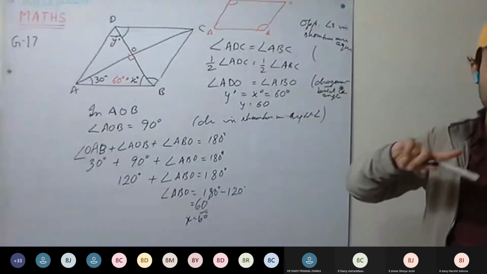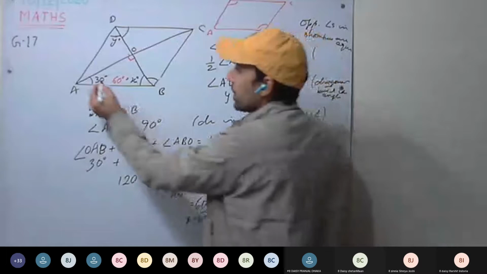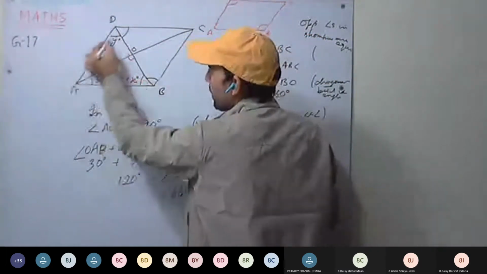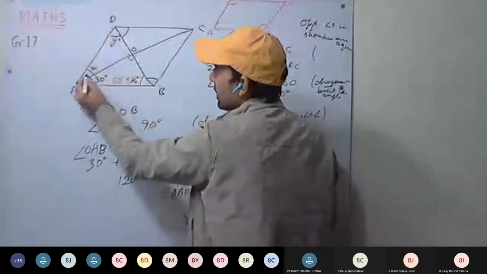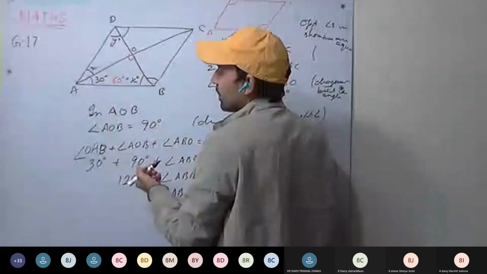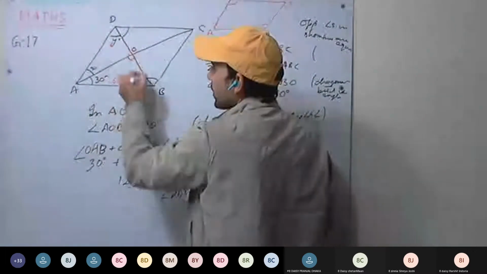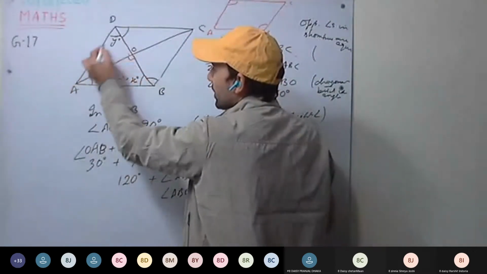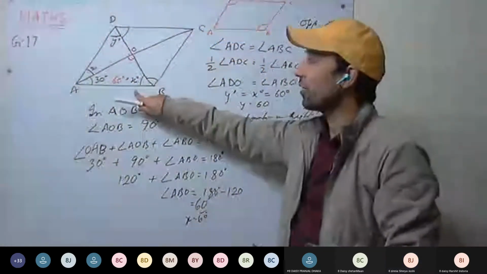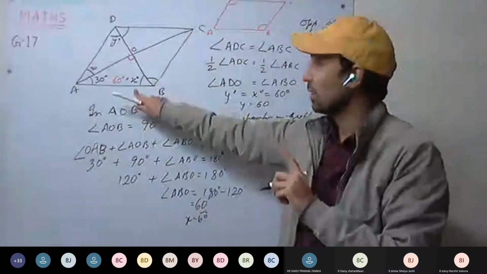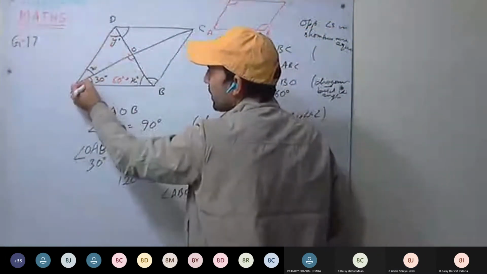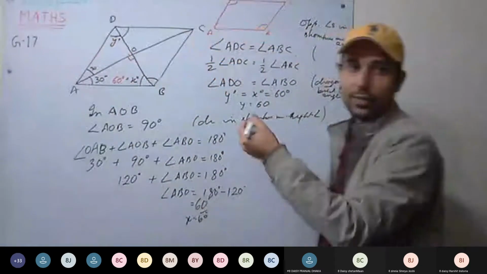There's one more way. What is this? This is also 30 degrees. This total is 60. Now take this triangle. This is 60, this is 60, this will be how much? 60 degrees. What kind of triangle do we have? An equilateral triangle. In this case we are having an equilateral triangle, only in this case. This is 30, this will be 30 degrees. Now in this triangle, 60, 60, remaining 60. You can calculate that way as well.